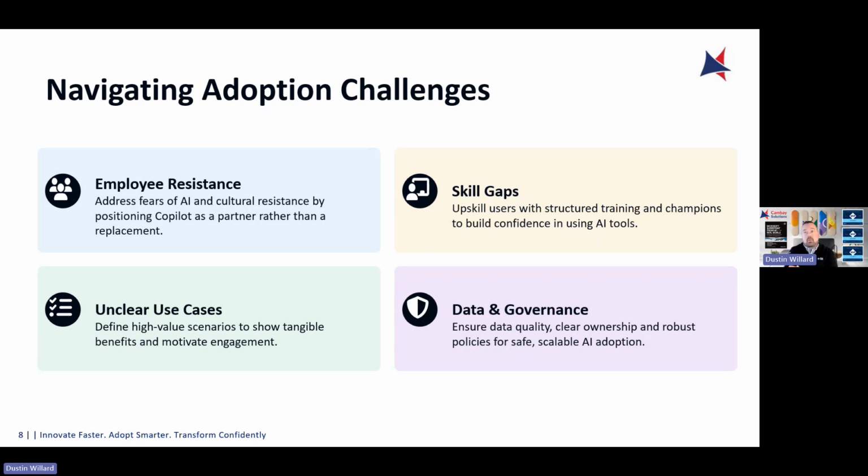They think that Copilot is going to do something that maybe it doesn't do, or they're just not clear on what is available and what use cases they want to use it for. We help our clients all the time define the best high value business cases to show the benefits. I've worked with a few companies where everyone would benefit from M365 Copilot, but the problem is it's very expensive.